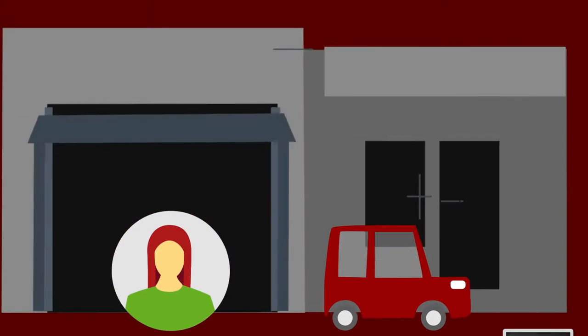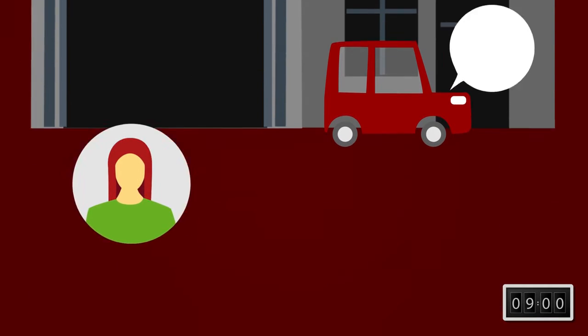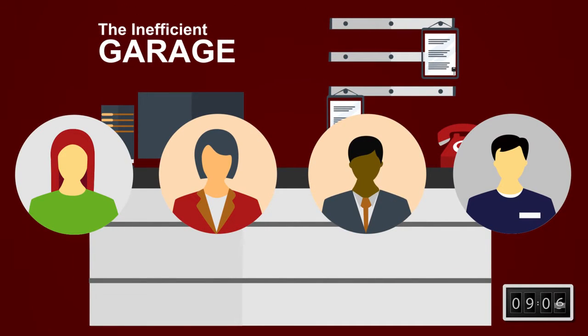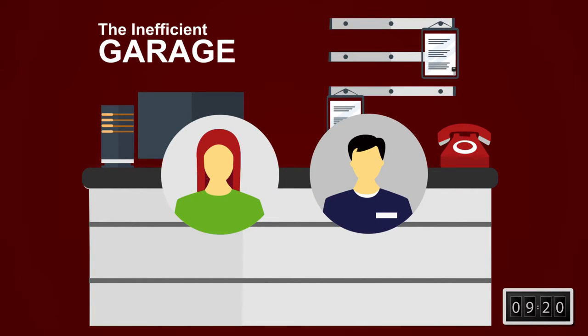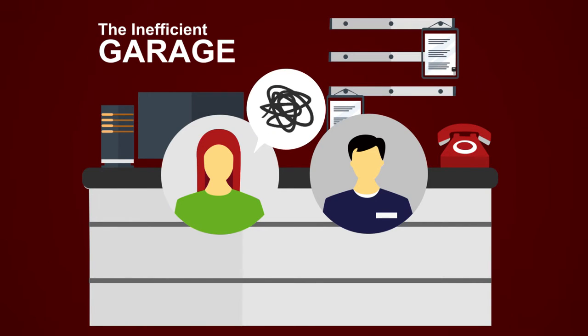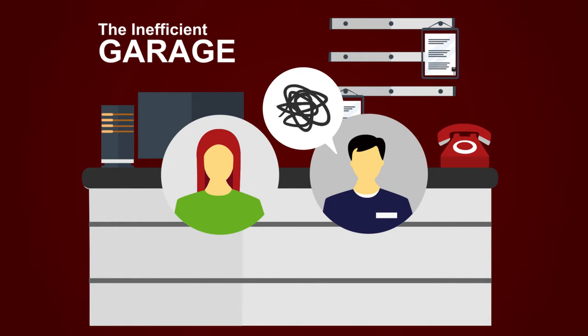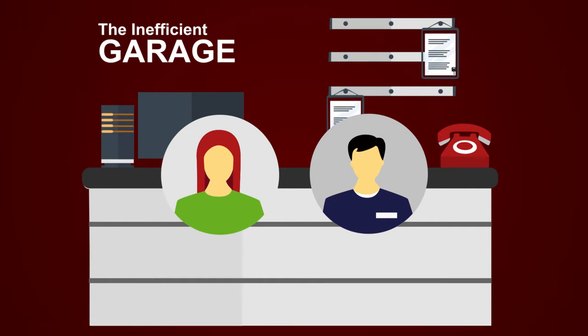At 9 a.m., a customer comes to the inefficient shop about a whoosh, rubbing, stretching noise. There's 2 other customers, so they have to wait in line. Finally, after 20 minutes, the inefficient service advisor asks them for their personal information and briefly goes over the whoosh, rubbing, stretching noise with the customer. The customer lets them know the car is needed by 4 and, late for work, hurries off, leaving them to